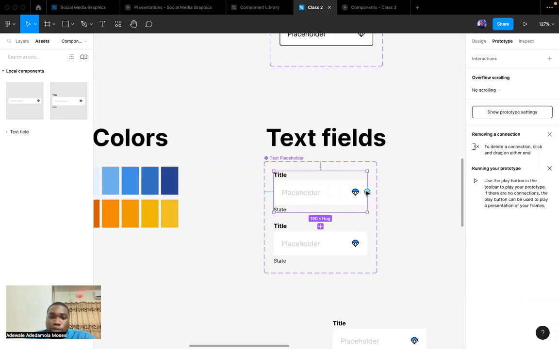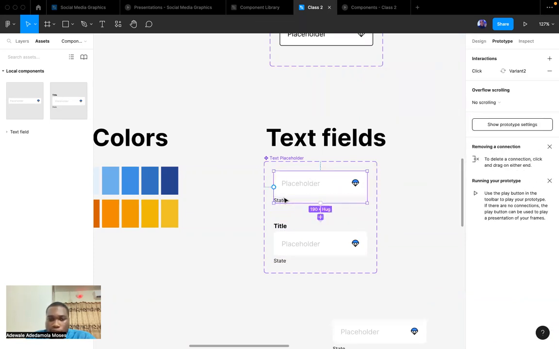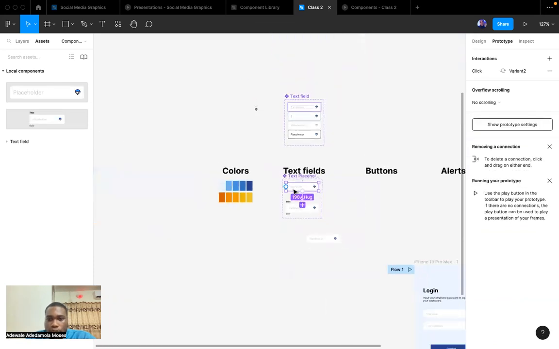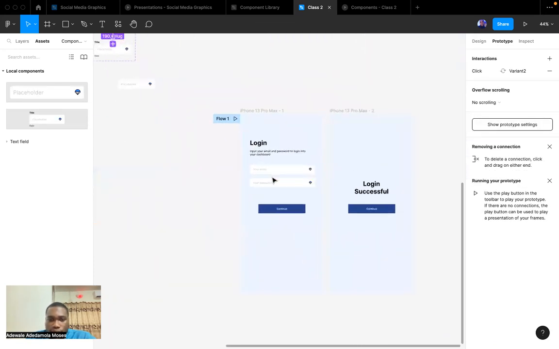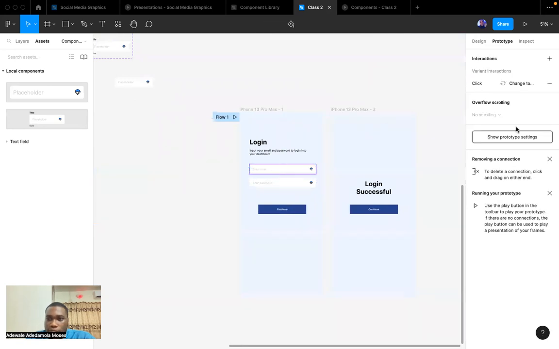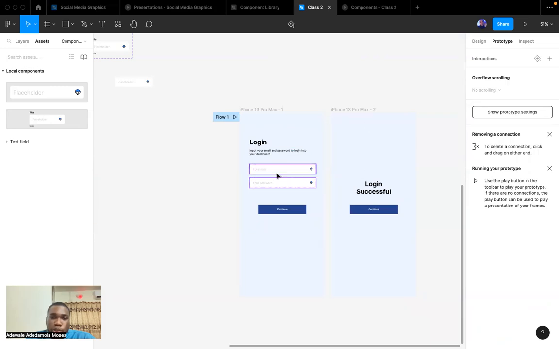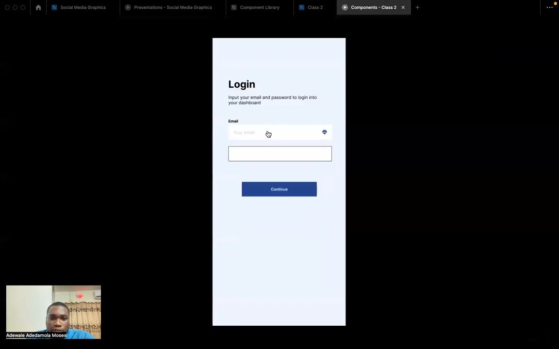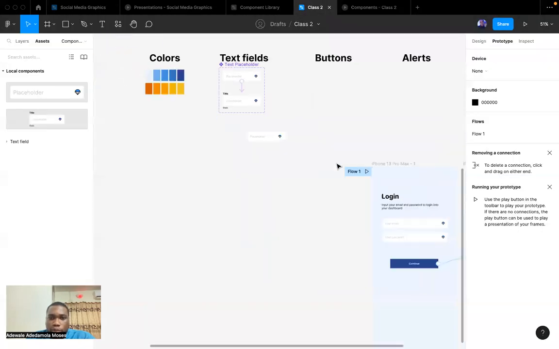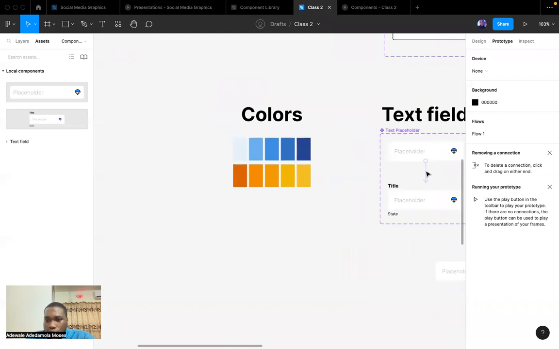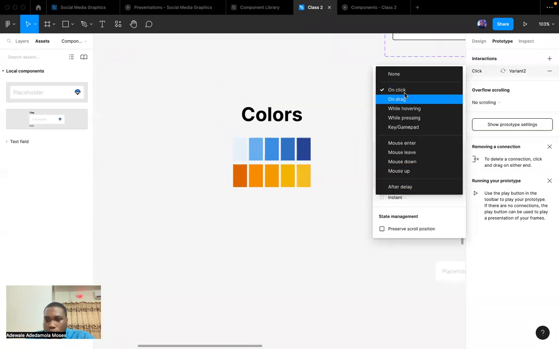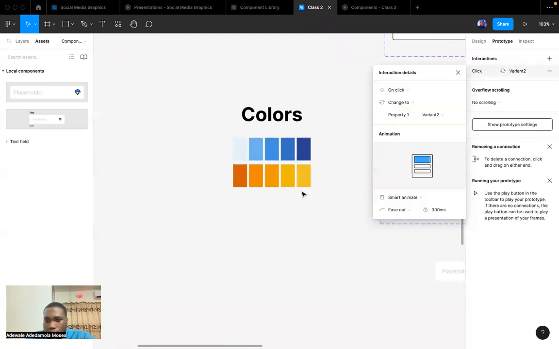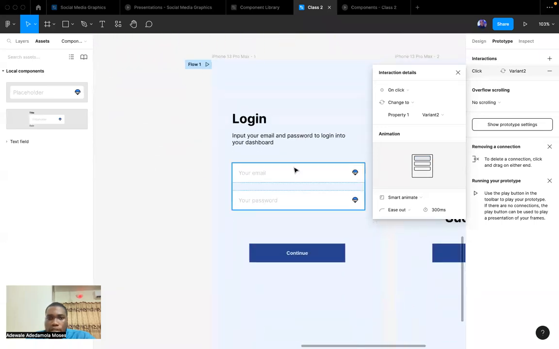Let's say this is what I've done before. So I can put this off and I'll be working with this. The former interaction that was there, I'm going to take it away. I'm just showing you guys there's another form of interaction you can do, and you can do something like this. Let me make it better. I can put smart animate. Yeah, so I can do something like this so that